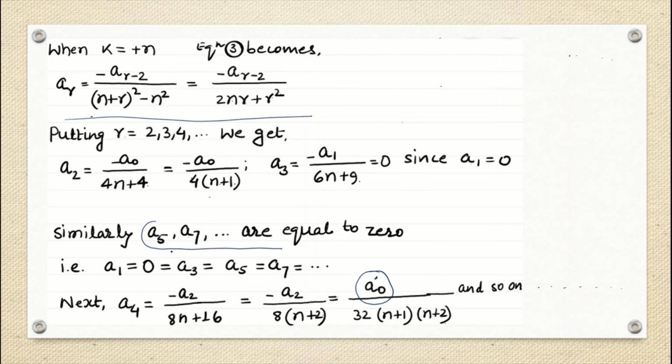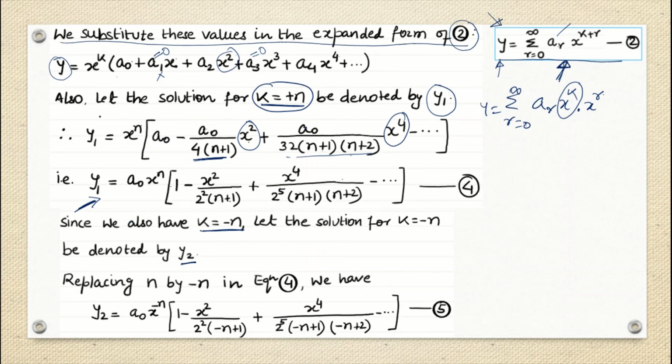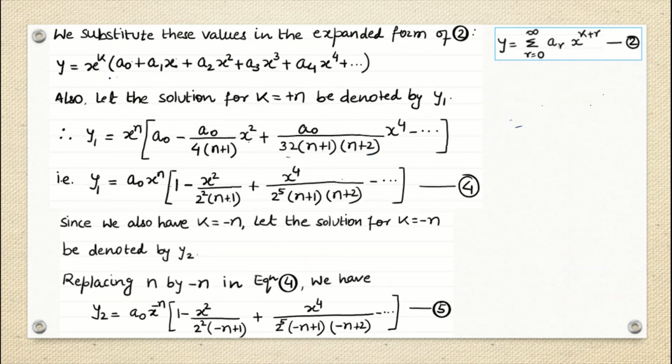So since we are done with here, after that what we have to do, right? Because this is the series solution which we are finding out. Since now I am more confident about my solution, because I know what is my a naught, I know what is my a1, I know what is my a2 and so on. So I can write down the answer in the expanded form, right? I can expand this series solution, and then independently I can put the values of a naught, a1, a2 and so on to get the final answer. So here actually we are very near to the answer.